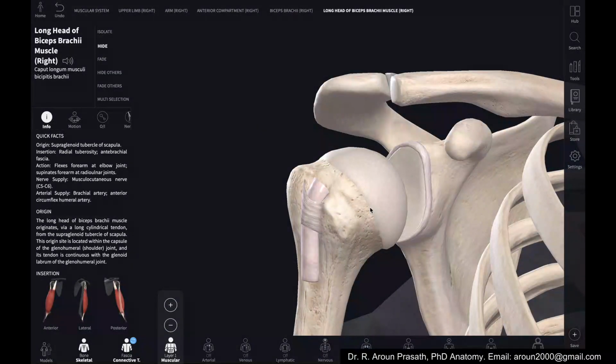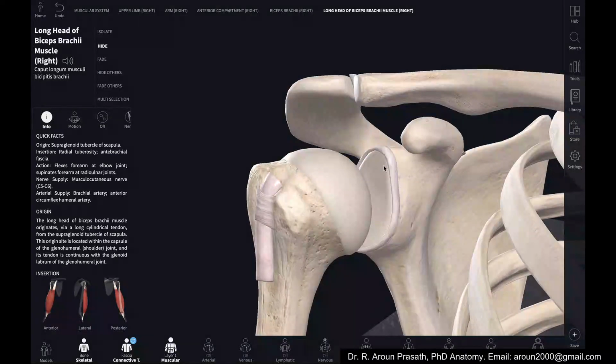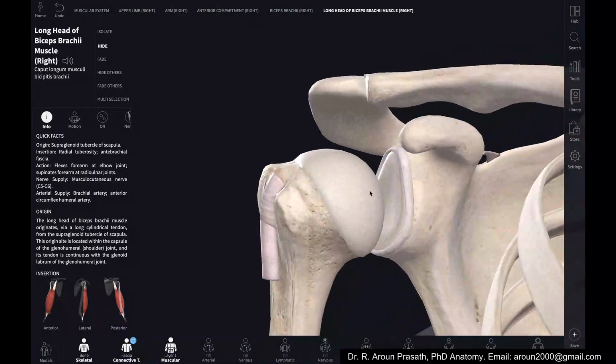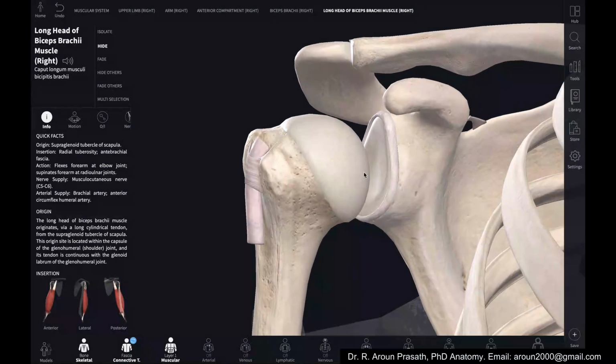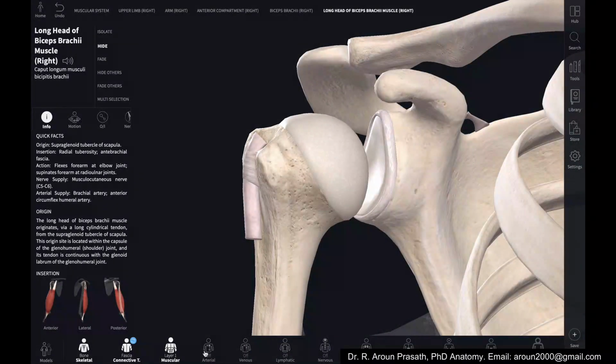Before that, let us think practically. This is the socket and this is the ball. When you keep a ball in this socket, naturally it will dislocate, it will fall down, because this socket is very shallow. And moreover, if you see this joint capsule here,